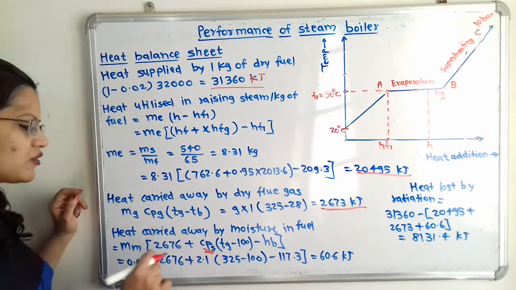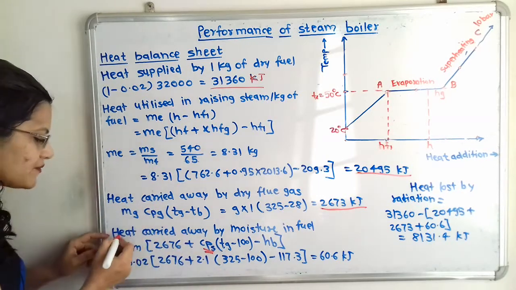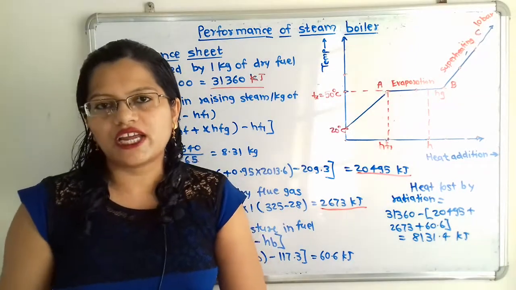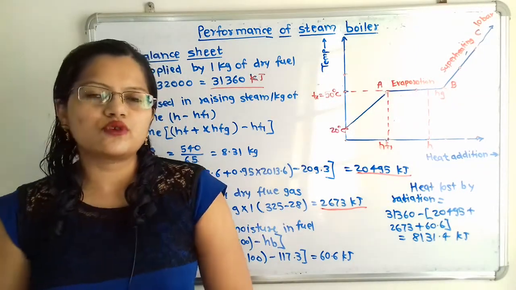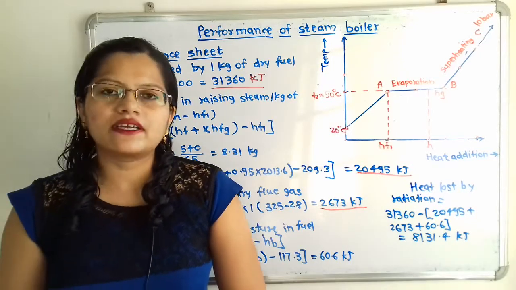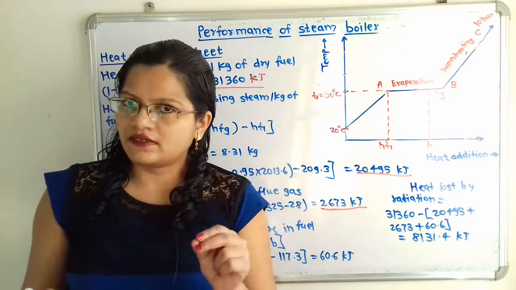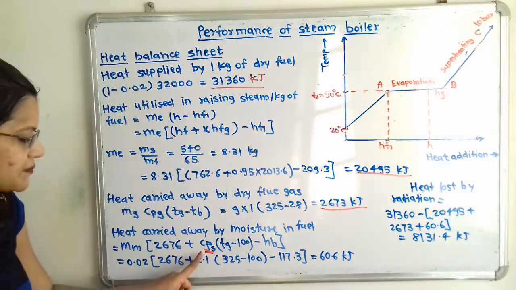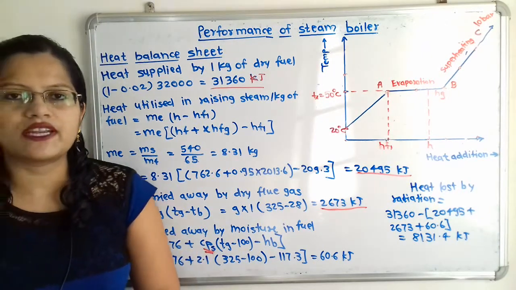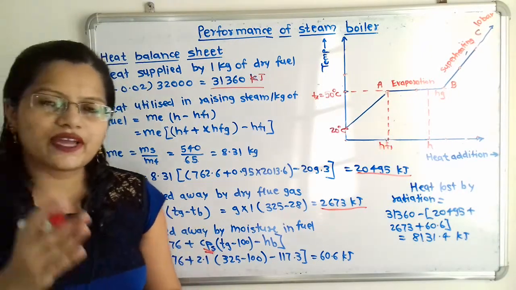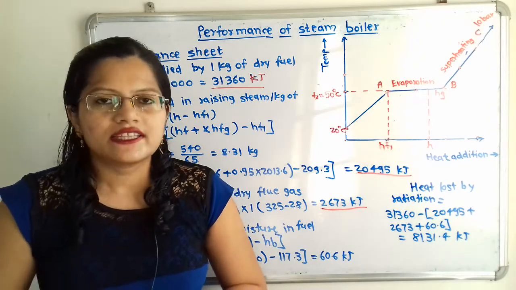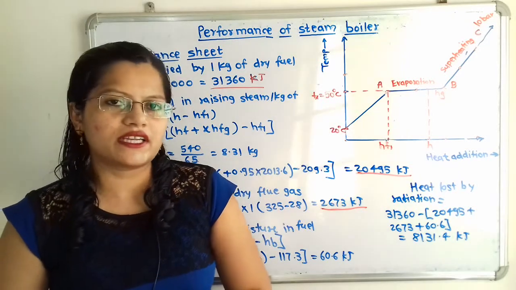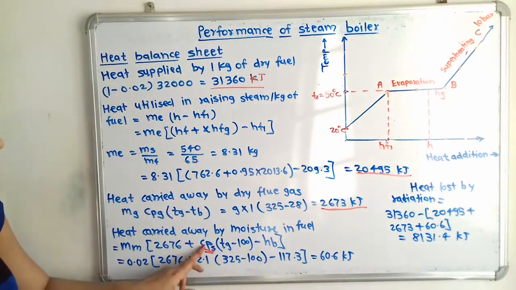This is the specific heat of the superheated steam, because we are going to consider that the moisture that is present in fuel, that is converted into the superheated steam. So remember here, if this specific heat is not mentioned, we have to take here the specific heat of superheated steam only, because it is considered that when moisture is present in fuel, then due to the combustion process it will be converted into the superheated steam. So we have to consider here Cps.